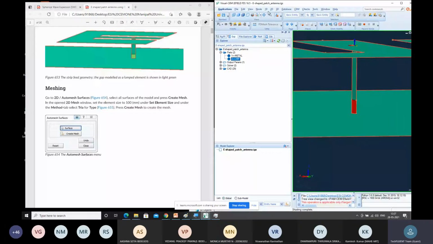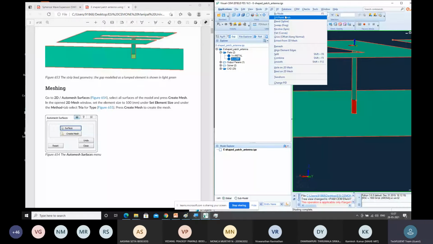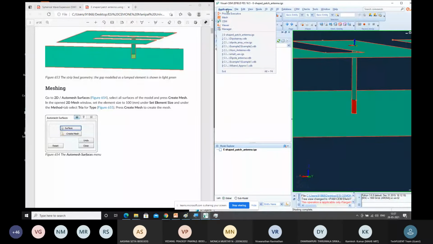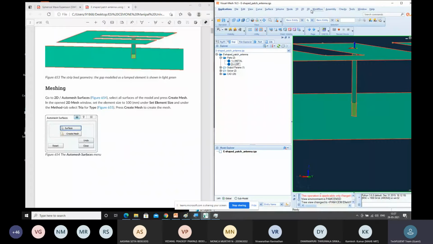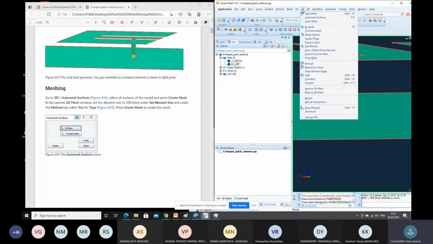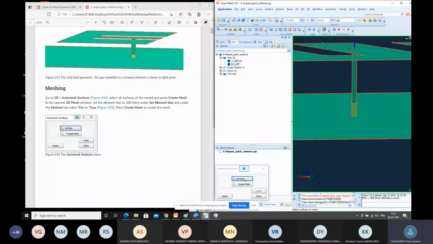So what we have to do is go ahead with create mesh 2D. Let me go to the mesh window first. Mesh window, go to 2D, and here I'll go with auto mesh. Auto mesh surfaces, I'll select both the surfaces, click on convert to selection, and then click on create mesh.